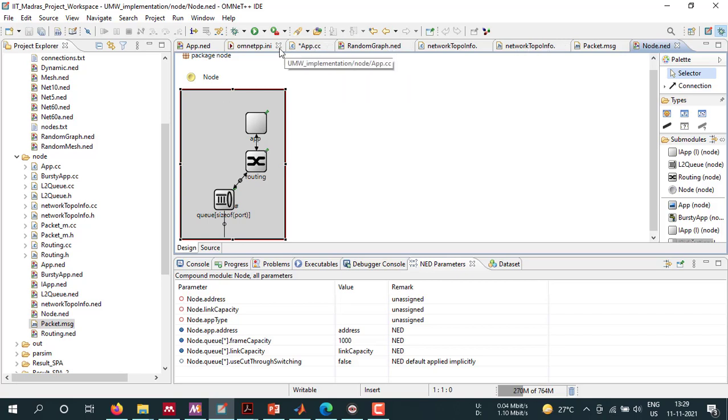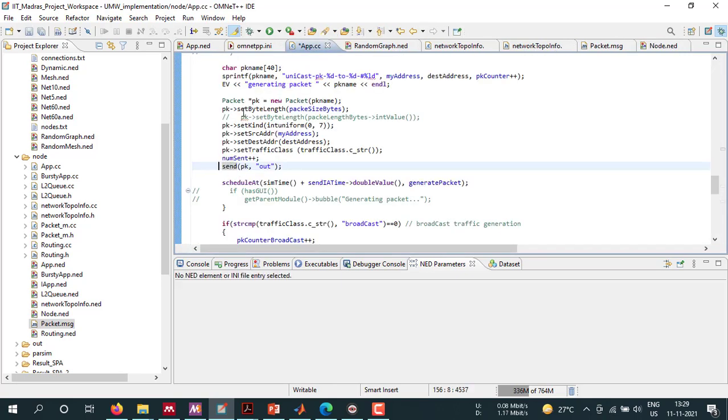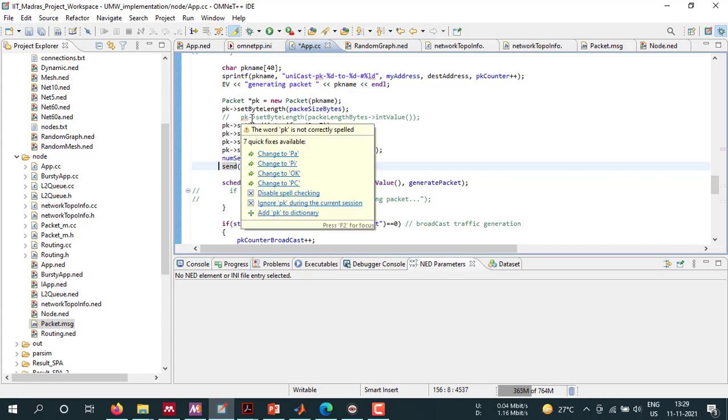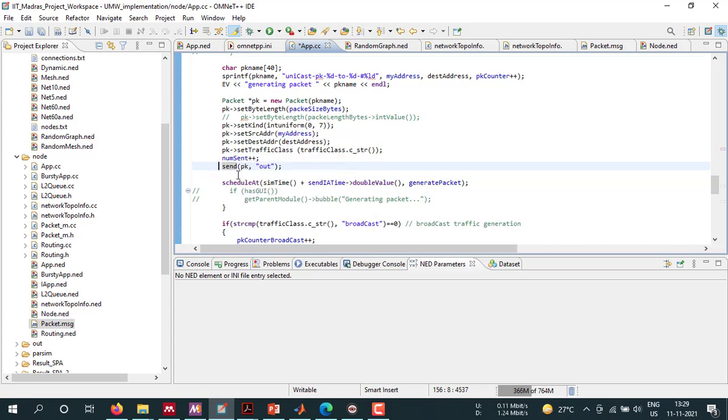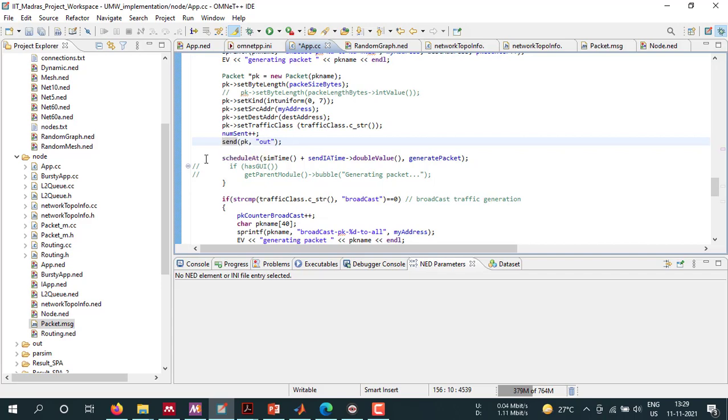So this message is now defined. We have defined the different attributes of the packet, and now it is sent via this send function, member function. It is a member function defined, as we already told, in the simple module class. It will send the packet via this gate, out gate, the name of the gate. When the packet is sent, again schedule at is used. That means schedule at will again start a timer, that after sim time, which represents the simulation time,